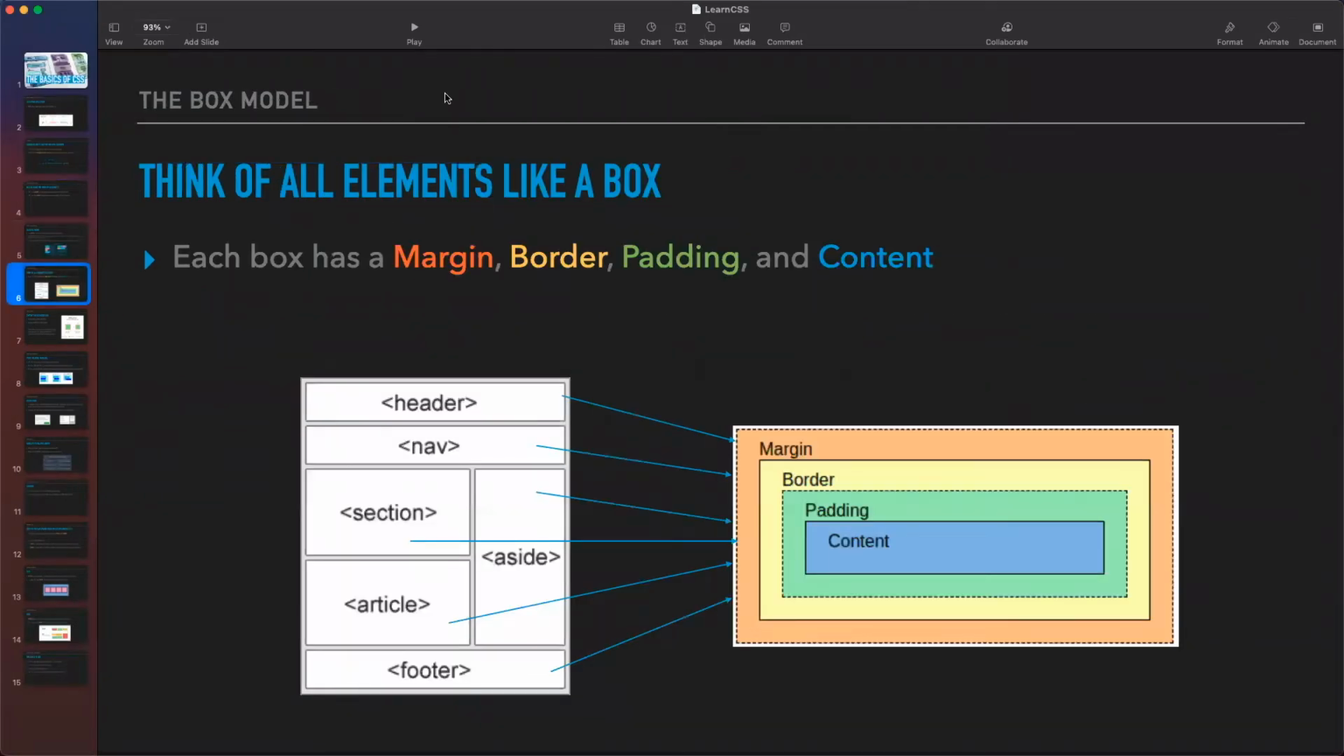Let's move on to the box model. Okay, so every element has the box model. Okay, so if you look at this, this is some more semantic HTML that we were talking about. There's the header tag, the nav, the section, the article, the aside, the footer. And each of these boxes has a margin, border, padding, and content. So we're actually going to take a deep dive. We'll type out all these HTML elements, and then we'll set the different margins, borders, the padding, and the content, and we'll see the difference between all these